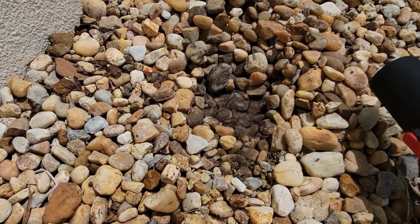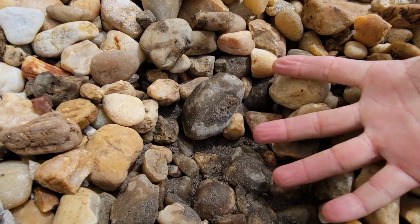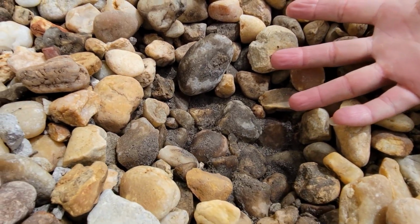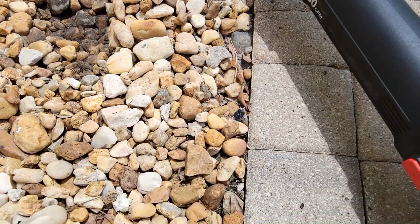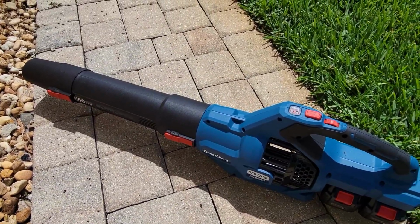Is that crazy? Now these are 1 to 3 inch rocks. These are not small rocks. This thing is strong. So anyway, let's take this out to the yard and see what it does on a